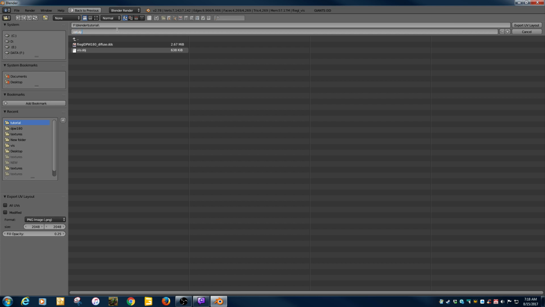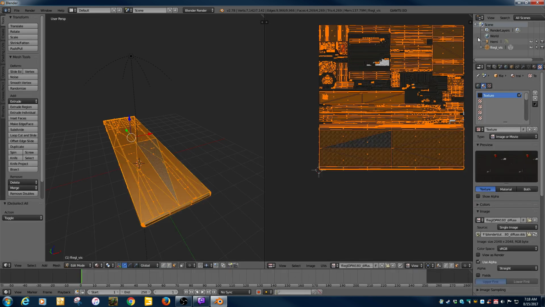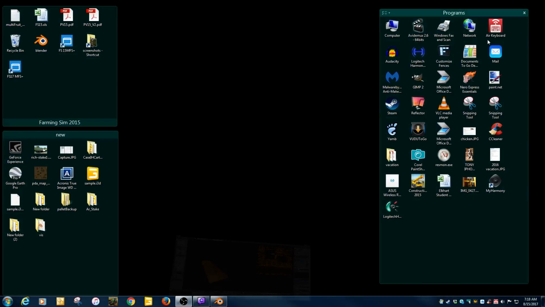If you want to get specific, write that again. It's a good idea to get used to that. Hit OK or enter. You can hit enter again or just hit export UV layout. Alright, now if we minimize this and go find that file,